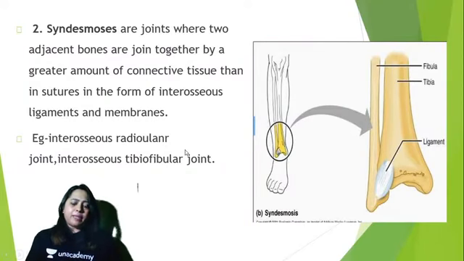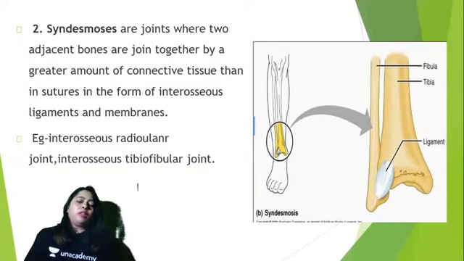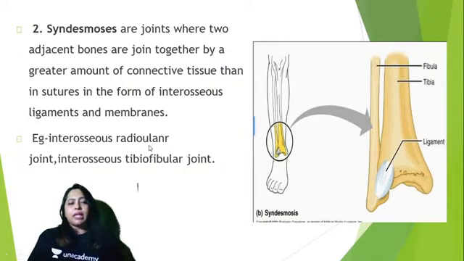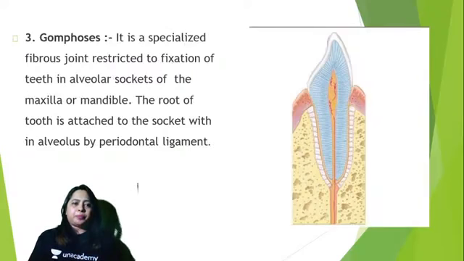You have many examples actually. You can give more than one example. You can keep 2-3 in mind, and again it depends on whether they are going to ask for the example and then ask what type of joint it is, or they are going to ask you to pick one from a list. It depends on the question. So now here you have the interosseous radioulnar joint, and in the picture you can see the tibiofibular joint. That is connecting the two bones through an interosseous connection.